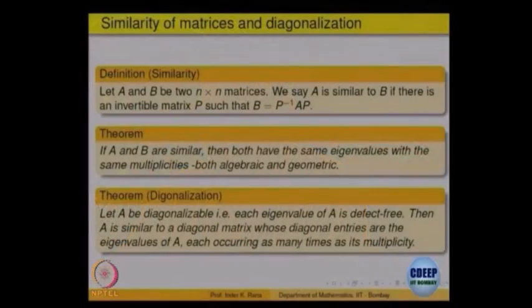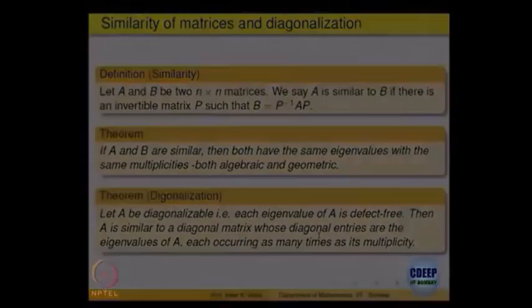So, for us it says that a matrix A is diagonalizable, or similar to a diagonal matrix, if and only if you can find an eigenbasis, that means a basis consisting of eigenvectors, and that is the same as for each eigenvalue the algebraic multiplicity being the same as the geometric multiplicity.